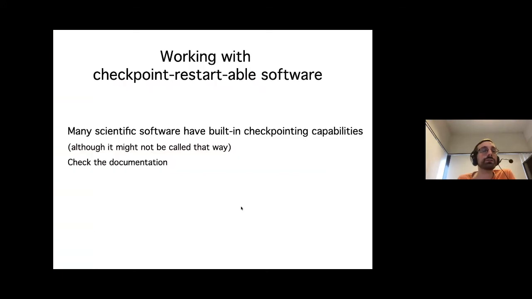So in that case, what you need to do is to basically check the documentation. A lot of common codes have checkpointing available, and probably a bit less common codes, or even some common codes as well, might not have checkpointing available in the program. So in that case, what you need to do as a user is go to the documentation, to their website, to their paper, and check: does that program have checkpointing or not? And then you read the documentation, you see, okay, I need to put that flag when I run the program or whatever, and you are able to learn how to do it.